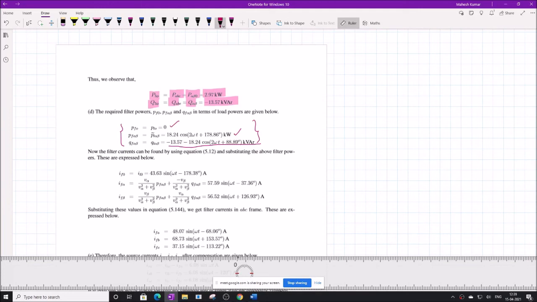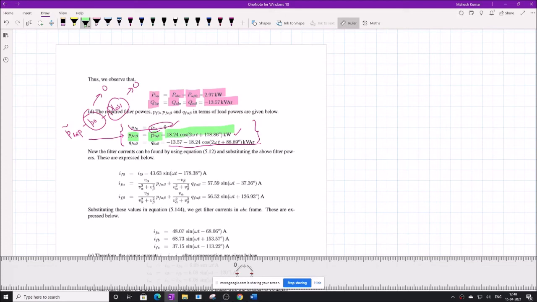Actually here it should be PL alpha beta tilde, minus P0, minus P loss. Since we are not considering the actual circuit, P loss is 0, ideal compensator, and P0 is also 0 because there is no zero sequence voltage. So PL0 is also 0. Therefore, Pf alpha beta becomes PL alpha beta tilde. Okay, this is the tilde part, the oscillating part.